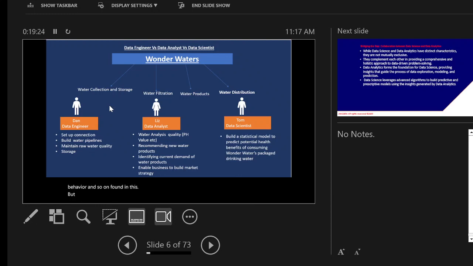But one thing is clear: if you look at what Tom does critically, you will still end up using this information to be able to proceed with the analysis. But Liz cannot use Tom's information to do the analysis, meaning that you can be a data scientist. In short, what it means is that the roadmap to a data scientist is data analytics. So going forward,